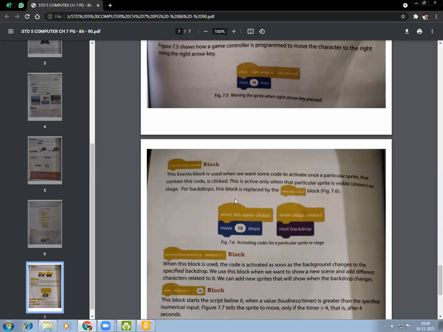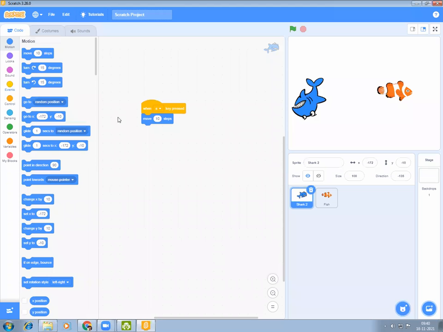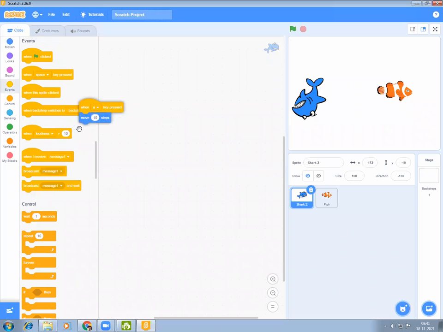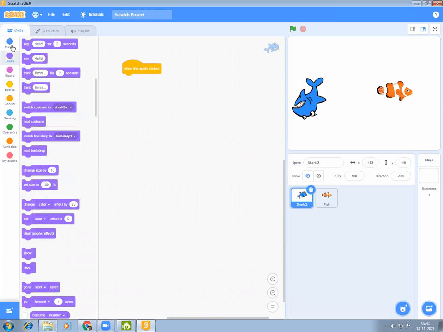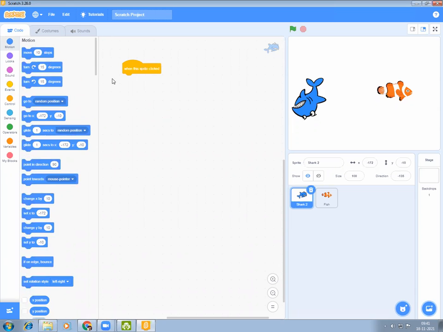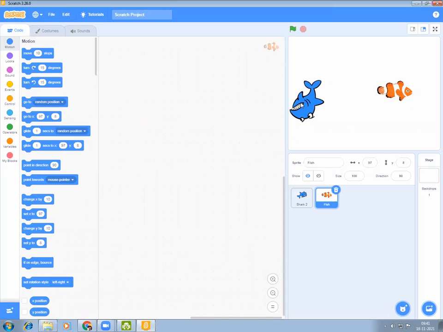Okay, so when this sprite clicked, let's see. In events block, when this sprite clicked, move 10 steps. Let's command for this fish.